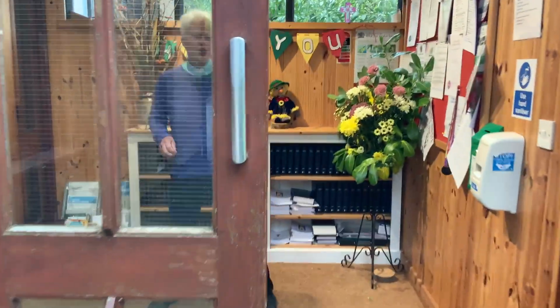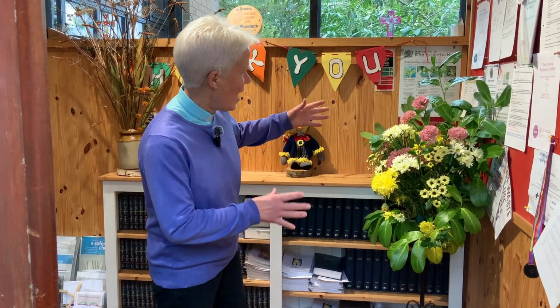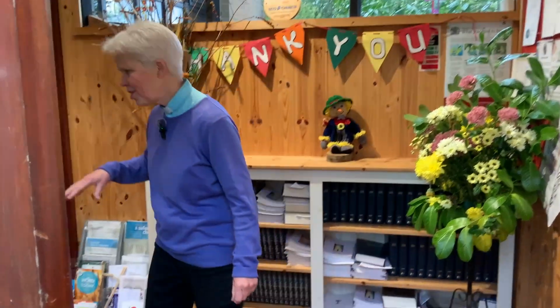So the church is still half decorated from harvest. It was a lot more than this last week, but this week we've just got the stuff that's not as perishable. So you can see the thank you God signs and the flowers are all from the harvest celebrations. You'll get a really warm welcome here in the porch. And as you're coming in,